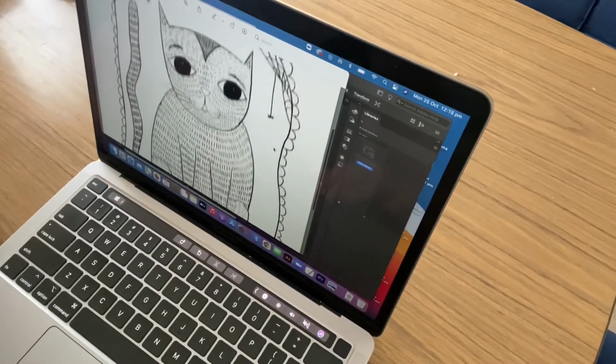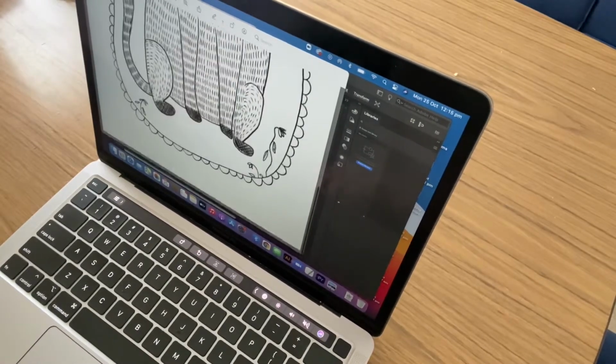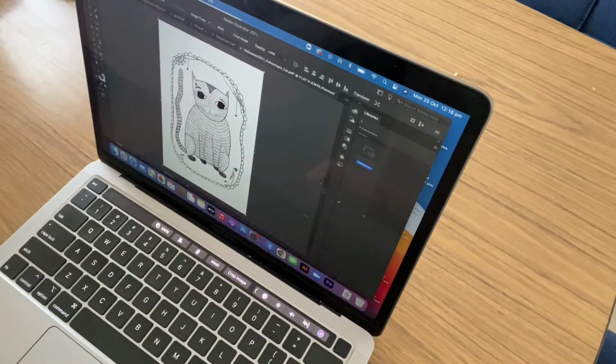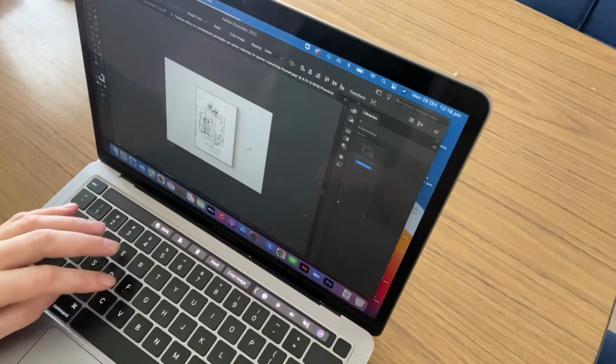So we'll see. So first things first, I'm just getting this file of my Spooky Cat Halloween printable ready to upload to my website and the Etsy shop. I've imported the file from Procreate and I've turned it into a PDF. Now what I do for Etsy is this